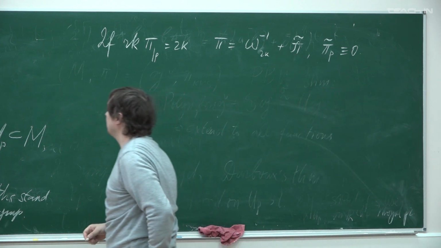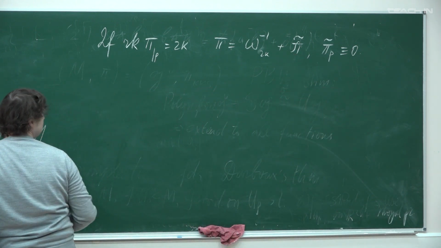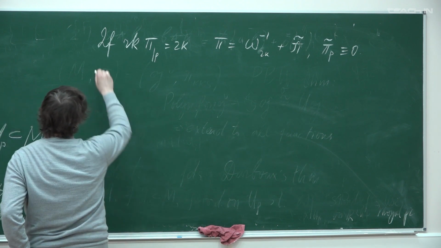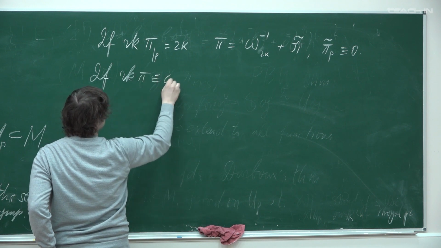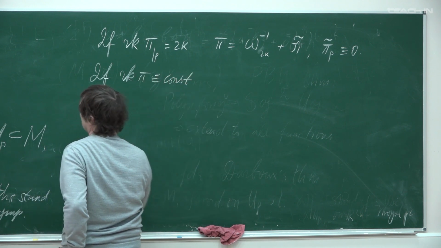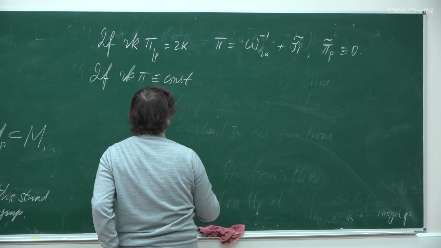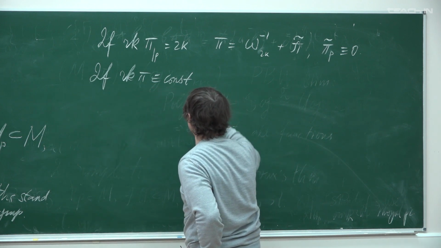The only piece of information we can glean from this construction is that if the rank of pi is constant all around M, or at least in some neighborhood of P,